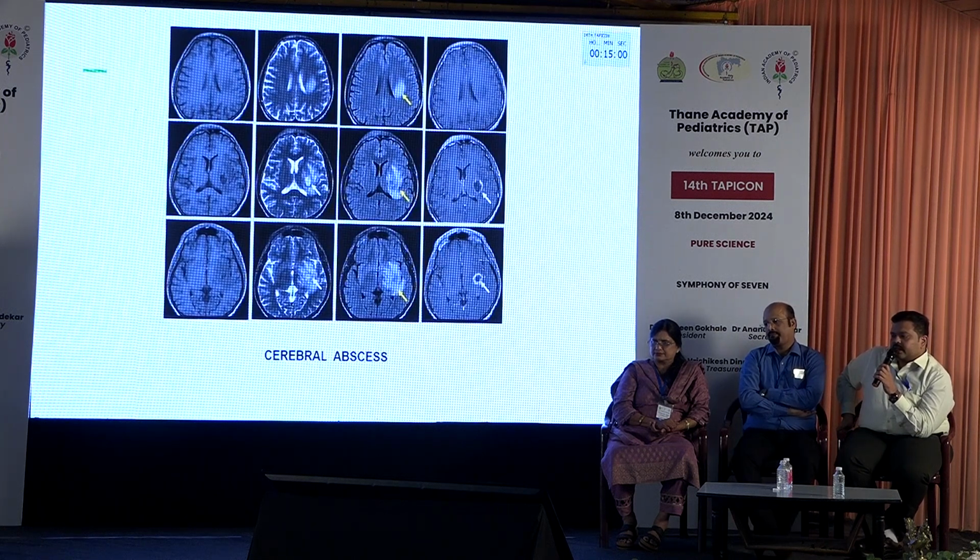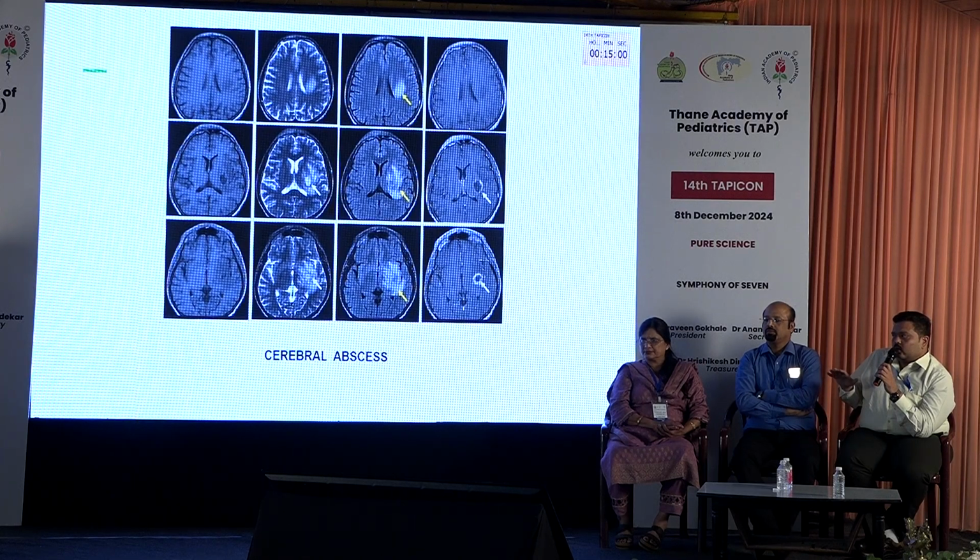So cerebral abscess: any cyst in the CNS, any ring enhancing lesion, is to be taken as a cerebral abscess unless proven otherwise. Okay. So what is the difference between a cerebral abscess and a tuberculoma? Both will have a T2 dark center, but as the caseous material turns into pus, it becomes bright. So then T2 darkness turns into brightness. So tubercular abscess, cerebral abscess, fungal abscess, they all look the same. They will all have high lipid lactate peaks. They will all have diffusion restriction.